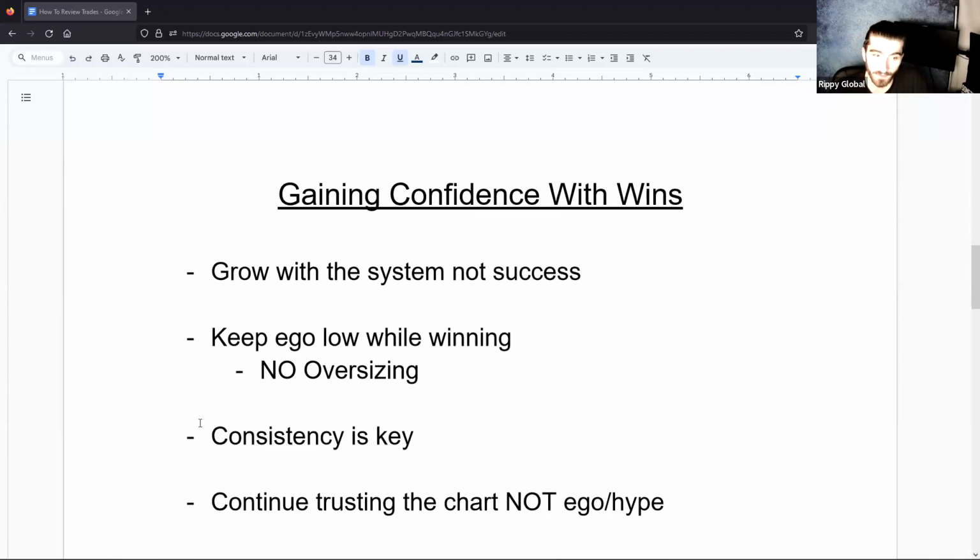They forget how they have to sell if they're red. They may hold longer than usual. They may oversize based off the fact of the last X amount of trades: if I would have held longer or if I would have sized heavier. So you get that adrenaline going and you're thinking, I'm not going to lose. I'm just going to keep winning. So you change the system. You're not readjusting anything. You're changing the entire approach that you have when you trade.